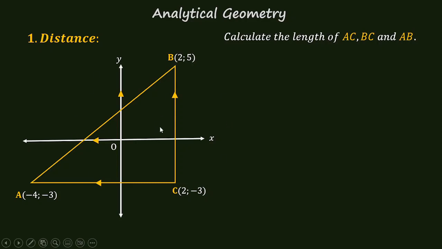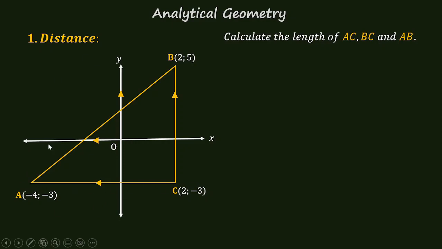By looking at the sketch, we see that the line BC is parallel to the y-axis shown by this arrow, and the line AC is parallel to the x-axis shown by this arrow. Now, to calculate the distance between 2 points, if you know that the 2 points are parallel to the x-axis or parallel to the y-axis, there is no need to use the distance formula that we used in grade 10. In this case, you can only focus on the x values or the y values depending on how your points are positioned. So for the straight line AC,